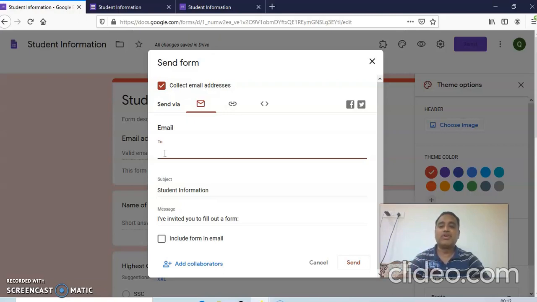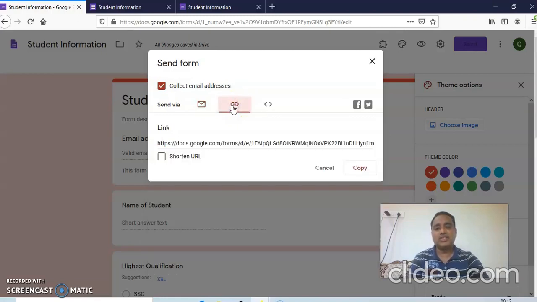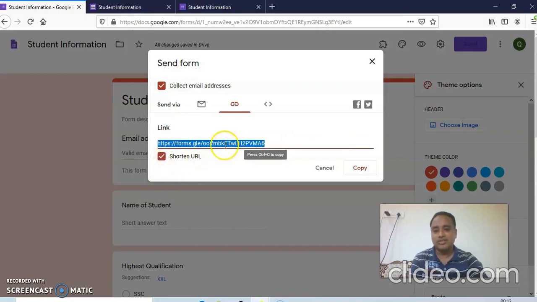When we want to use this form for all persons, you have to just write the email IDs. Or if you want to share the link, this link option is very important. This is the longest link, but a short link is required. So you have to select short link. You have to copy this link and send it on WhatsApp. So automatically form information will be collected.